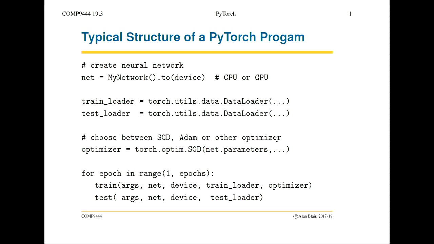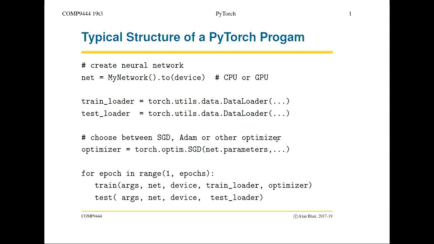Then you decide on an optimizer. So the optimizer might be stochastic gradient descent. The two most common ones that you would be looking at are stochastic gradient descent, which is just a fancy way of saying backpropagation, or the Adam optimizer, which is often used as well. So you just put Adam in there instead of SGD, and then you may give it some parameters. So you set all of that up,